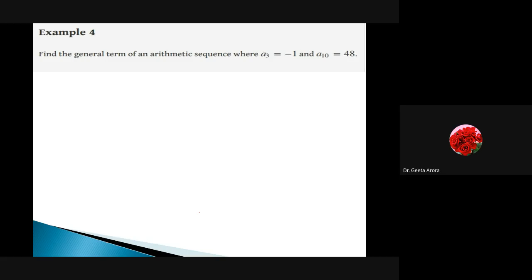D is not known to me. And what are we looking for? We are looking for the general term, that is, how I can find out An. And sometimes we ask for the general term and say, hence find out this and this. This is the way to ask the question.